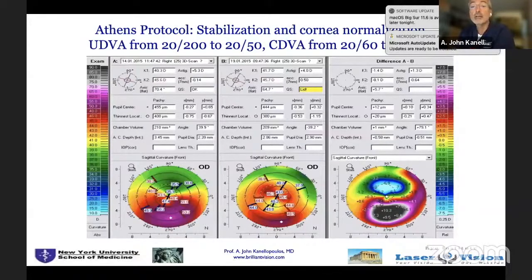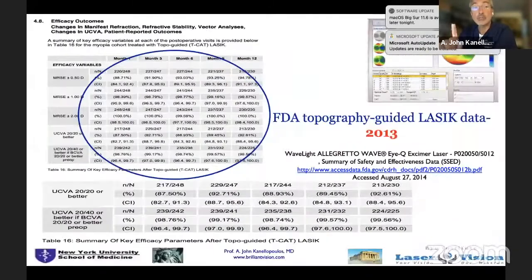And we can all appreciate how the synergy between the topography-guided treatment and the CXL gives flattening of about 10 diopters. Either one alone gives about 1 to 2 diopters. But it was not until the FDA study that Alcon spearheaded back in 2013, where the topography-guided platform with the Wavelight Alcon laser was used to treat naive, myopic, virgin, if I may use the term, eyes, that we